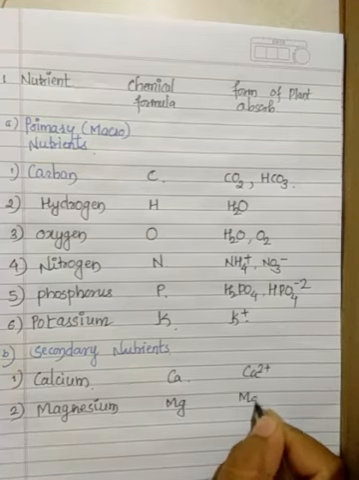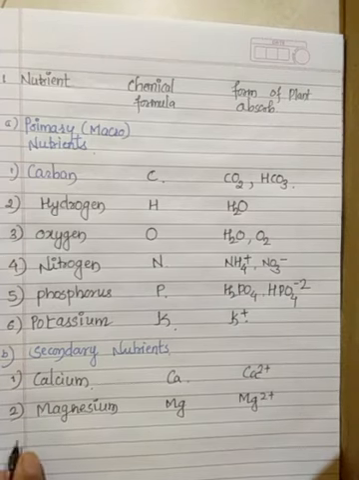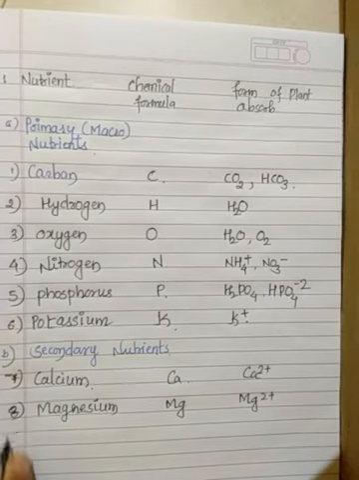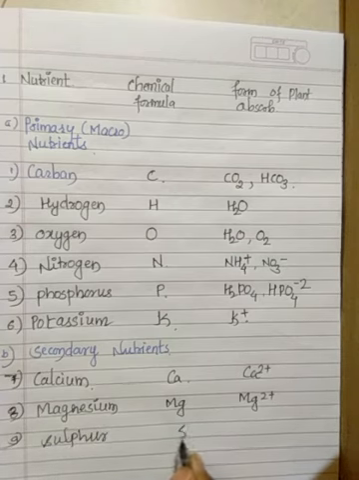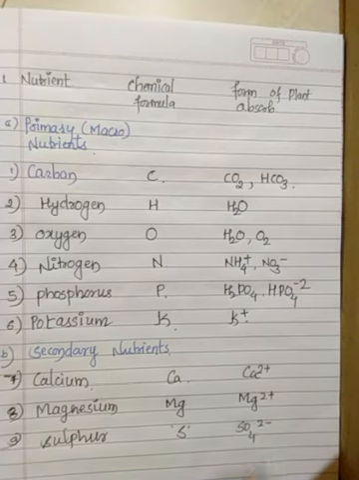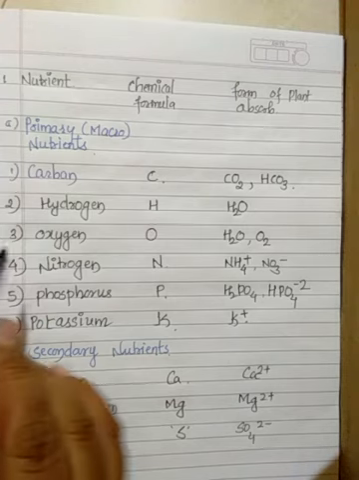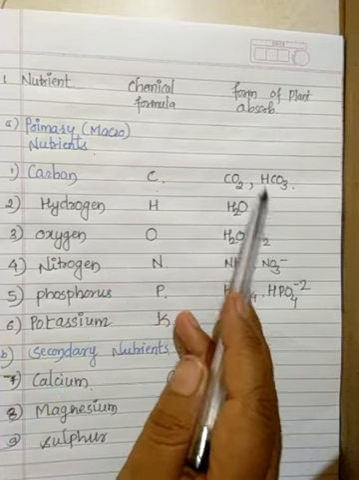and again Mg2 plus. Okay, so next one I will write here 6, here 7, here 8, and here 9. Sulfur, symbol yes, SO4 2 minus. So this is about what? All macronutrients. So no need to tell it once again, carbon, CO2 and HCO3 from which the